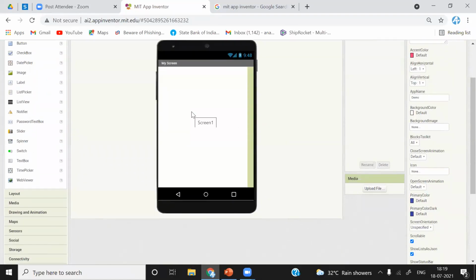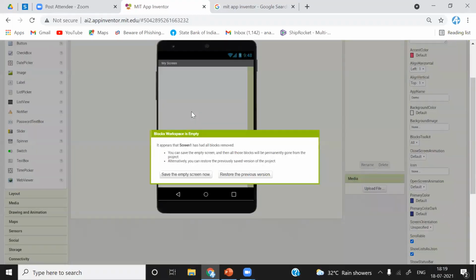So button is used whenever you want to do some operations after clicking that button. For example, suppose I have given some text input in my application and now I want to convert. There is one button, and after clicking that button, I want to convert that text into speech. So that is when you can use a button component. Whenever you want to do any operation after clicking the button, you can just drag your button component onto your screen and use it.